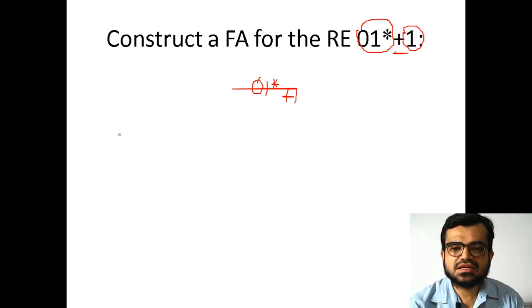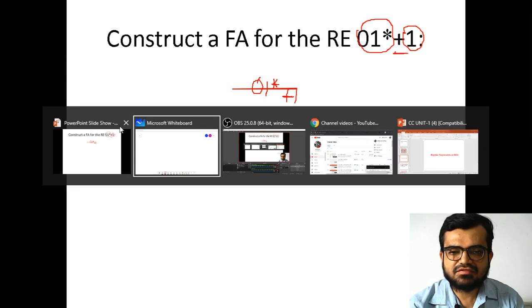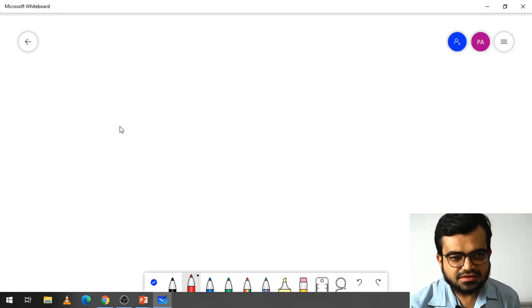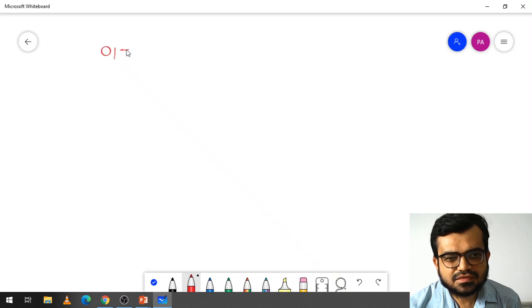Now first I am converting this value into an NFA with epsilon moves. So the expression is 0 1 star plus 1.